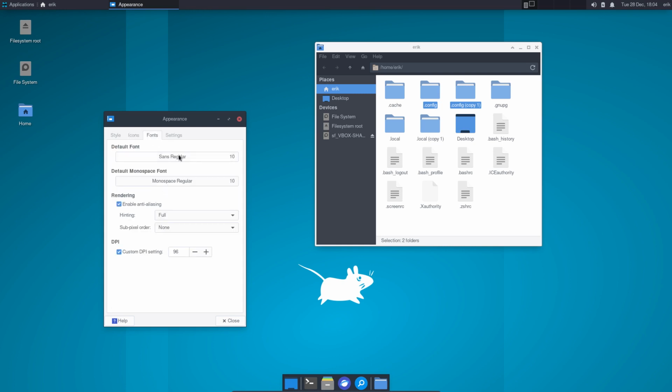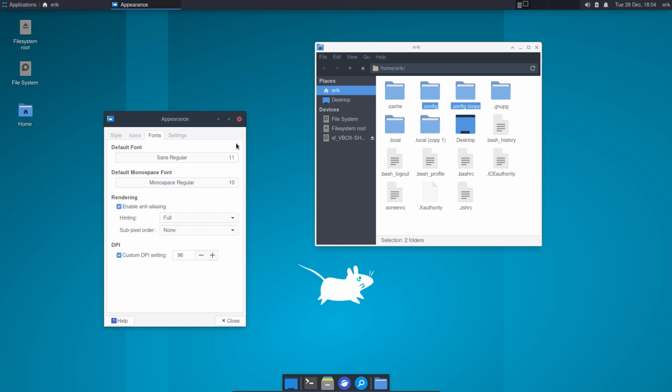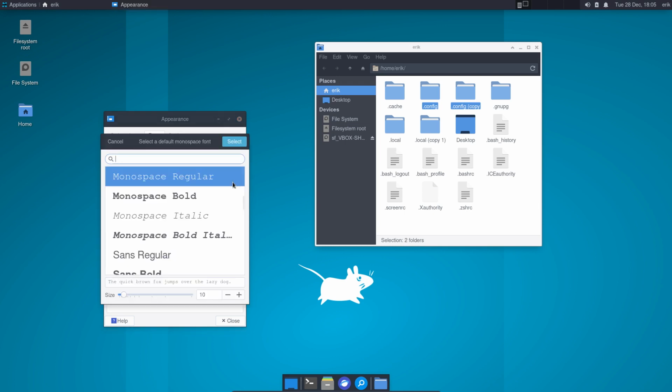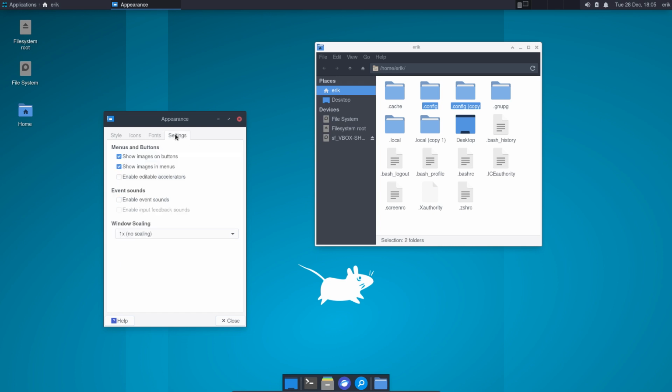Fonts, Sans regular, sure. Maybe a little bit bigger, 11. I don't know. It's not too big in my eyes, but yeah, you know I have bad eyes. Not that big for me. So it's all the time making choices, right? And everybody else has to live with them. That's how it is. Settings, no scaling,